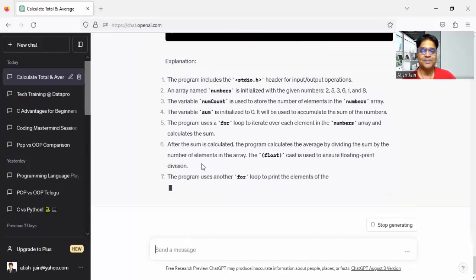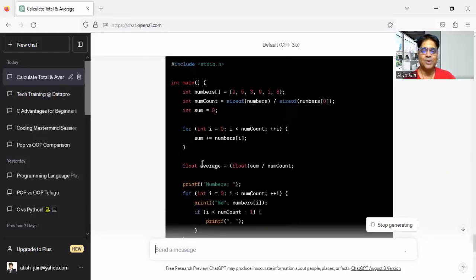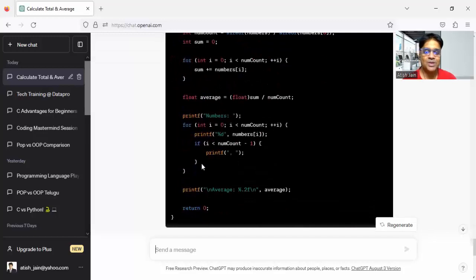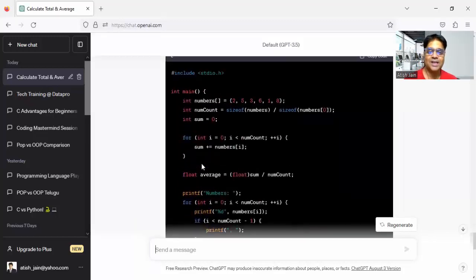You can observe. It will produce the result for you. Okay, so this is how we can take advantage of it.